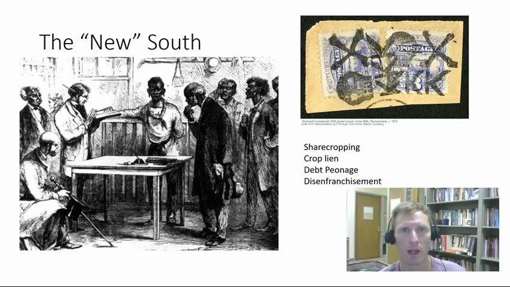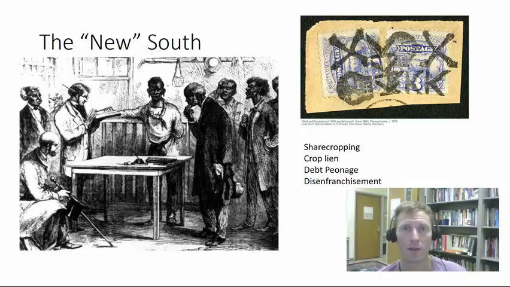So a compromise emerges that's known as sharecropping, which is where you share a percentage of your crop. So a white person owns the land, and an African American signs a contract saying, okay, I get the right to use this land, but I give you a percentage, a share, kind of like a share of stock, a percentage of the crop. And in that contract, it would probably say that crop had to be cotton.